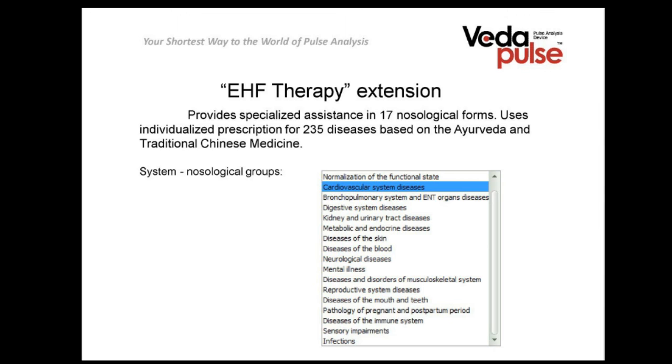Then, after it, we can use the nosological filter. It provides some particular nosological forms, or just diseases and disorders forms, and it uses individualized prescription for 235 diseases based on Ayurveda and traditional Chinese medicine. Here you can see a print screen of this system nosological filter, a list of possible diseases and disorders combined